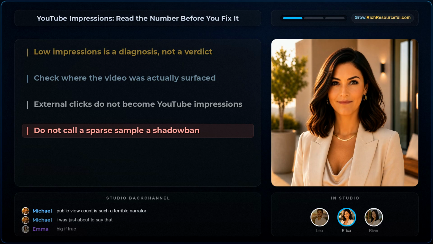There is another small but important distinction. An impression count can be low because the video is new, because the audience for that topic is narrow, because viewers saw it in places not included in the count, or because YouTube has not found a strong match yet. Those possibilities don't excuse weak packaging. They simply stop us from prescribing a thumbnail redesign before we know the patient.